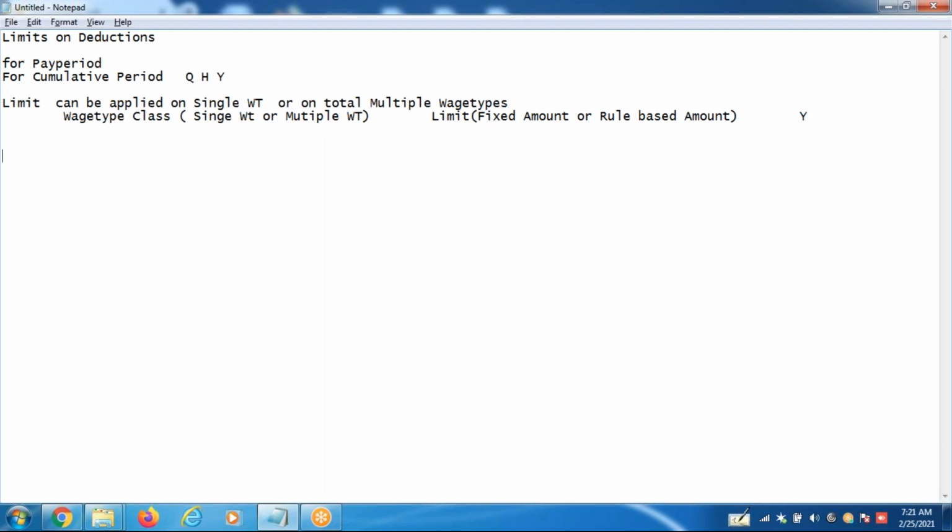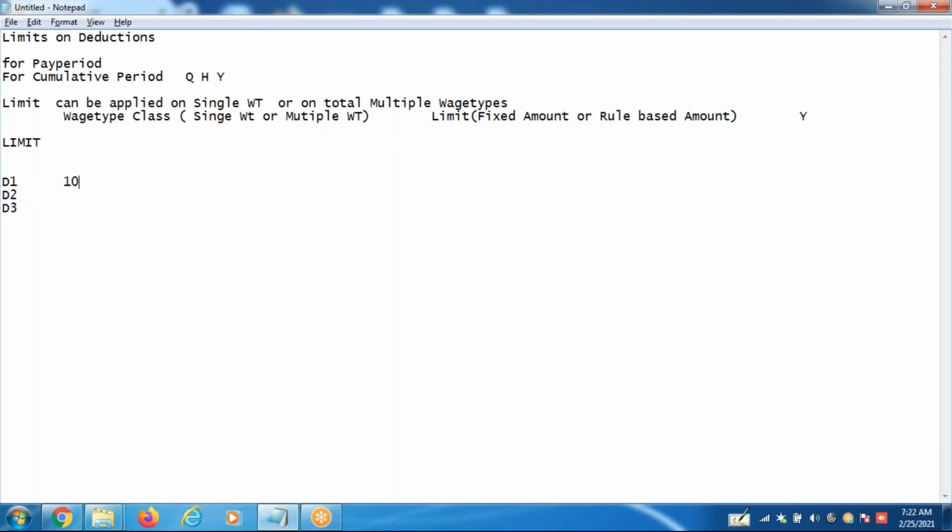In the backend system, when I run payroll, there is a function called LIMIT. This function takes care of the limits processing. So for example, I have deduction 1, deduction 2, and deduction 3.